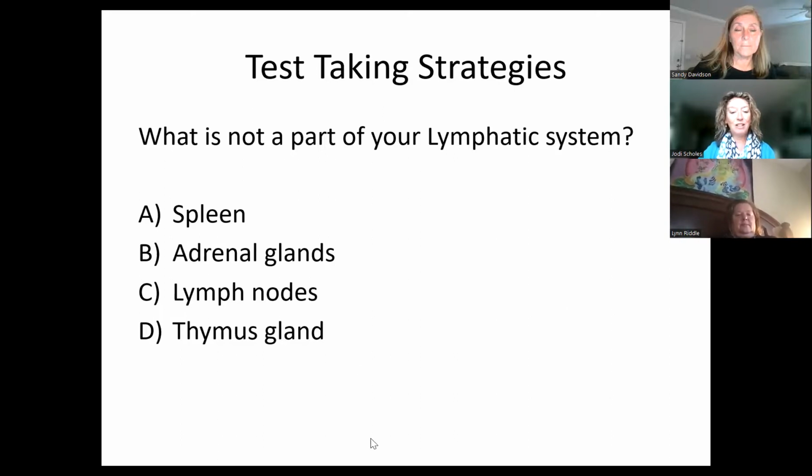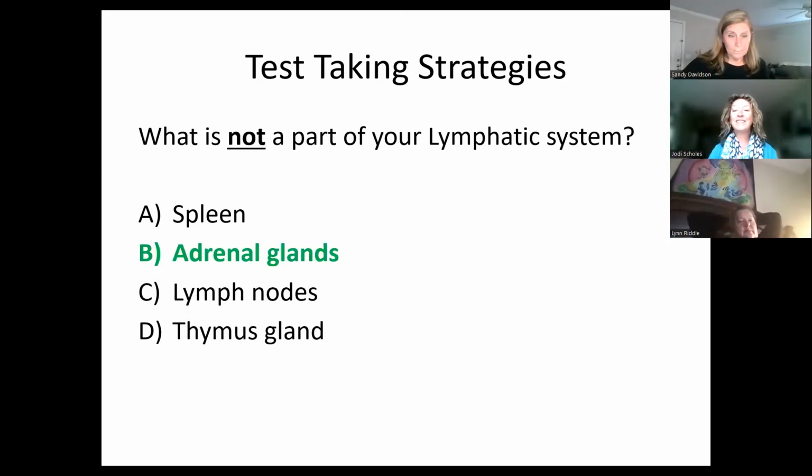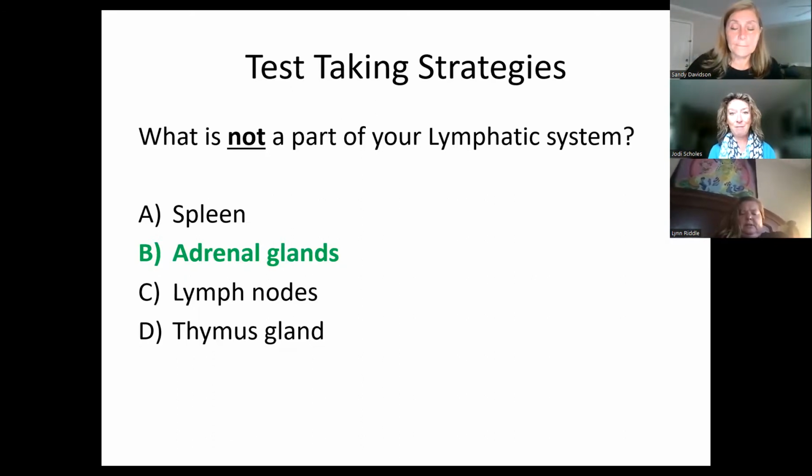Oh my God, you guys are great. Look at you. You don't even have to eliminate one wrong answer. You already knew. All right, well, we know the lymph nodes are a part of the lymphatic system, but the correct answer is adrenal glands. Yes, very good. So adrenal glands are part of what system? Bonus question. What system are the adrenal glands part of? I'm not even going to give you the word. You know the adrenal glands produce norepinephrine and epinephrine. That's the fight or flight. We touched on that today. What you got going on? Okay, I'm going to look in the chat. What do you got? Oh, no, put it in the chat.